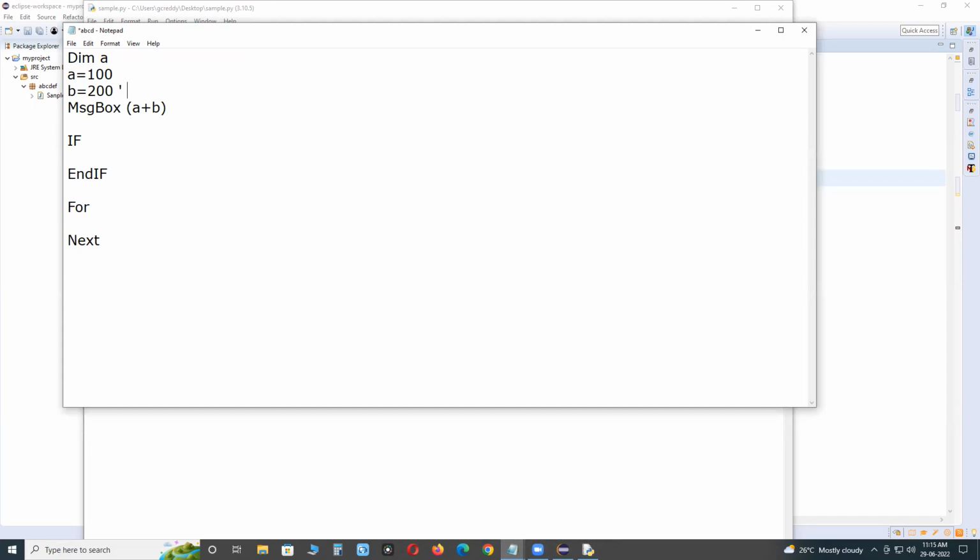See, it is an implicit variable. Suppose full line comment, print addition of A and B. Comments are ignored by the compiler.